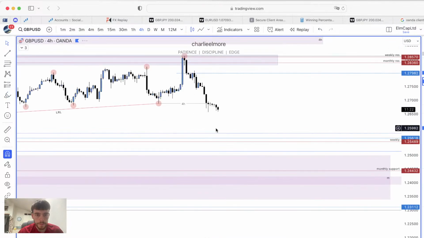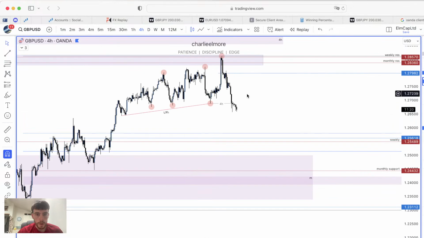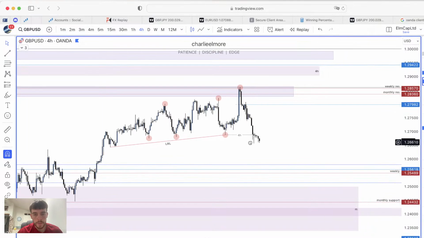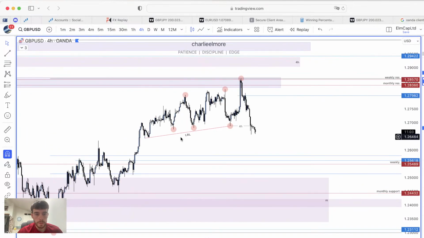4 hour. See, the 4 hour has broken structure. That low there, the most recent 4 hour point, highlighted with these red dots: low, high, lower low, high, higher low, higher high, higher low, higher high, lower low. Okay, so again, that was the liquidity. All of these lows. Okay, we've still got that one to be taken, but I do believe that can be reached.